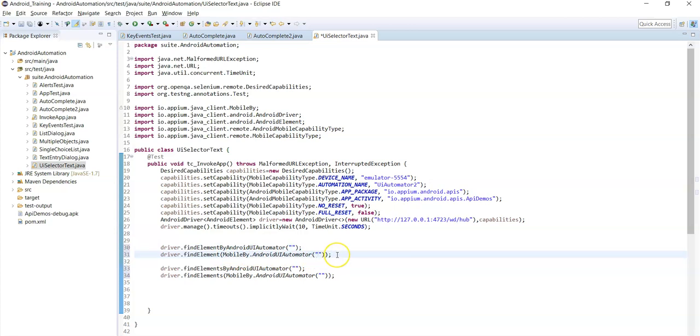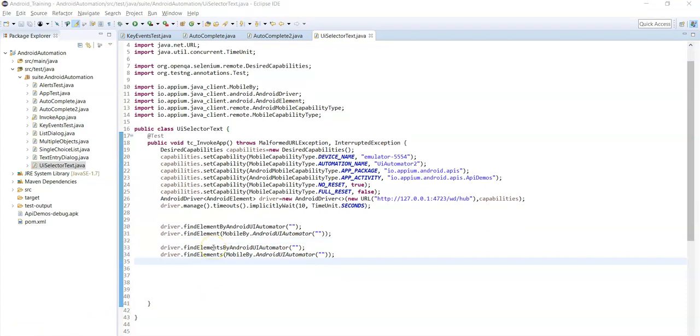Okay. So for that, Android developers provided one class, the UI selector class, using which you can create a locator value. So you can use a UI selector class object with different attribute values to identify mobile elements. So what are the different attributes here? Text is one attribute, content desc, resource ID, class name. So there are different attributes in the UI Automator viewer tool, right? So you can use those attribute values. Now let's see UI selector with the text attribute values first.